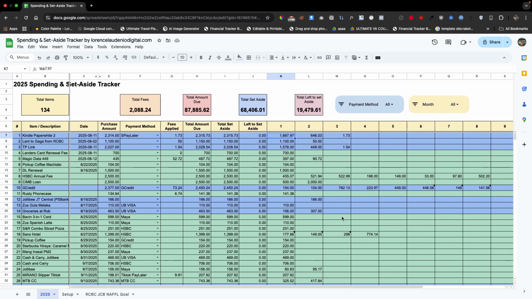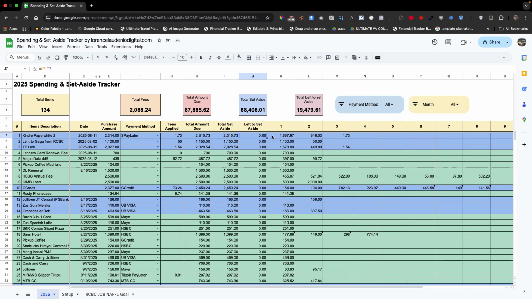So, for example, we only save this amount until we reach this specific amount. What it does is this total set aside and the sum of these numbers will only deduct, and the result is here, left total set aside.